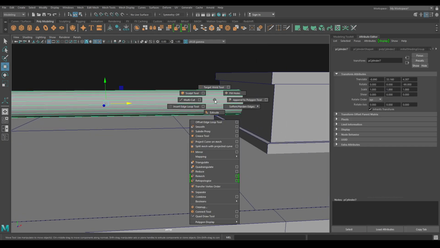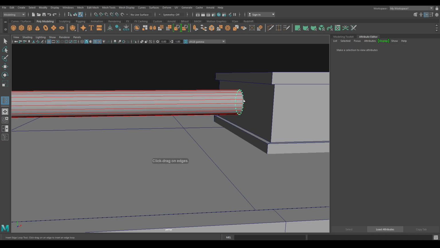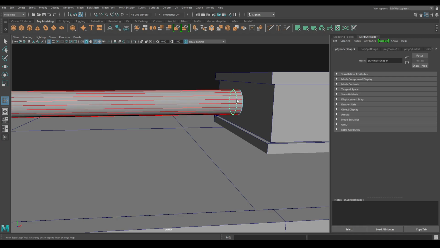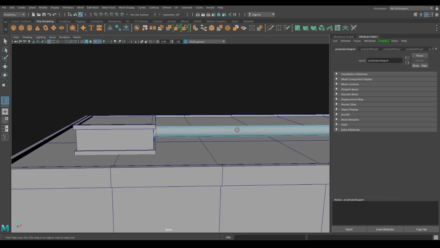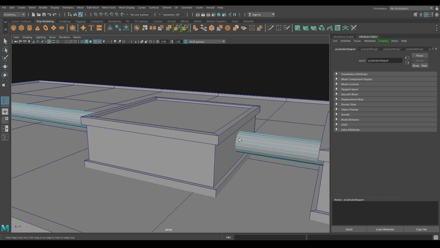Now select the cylinder and go to insert edge loop tool. Add one edge here and another one here. Do the same for this side and this side.